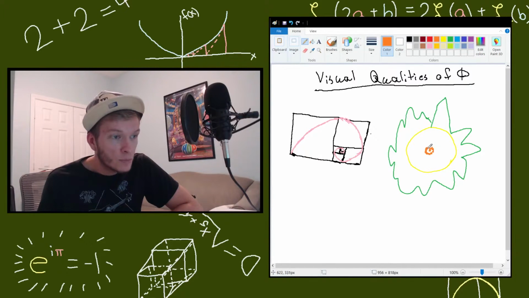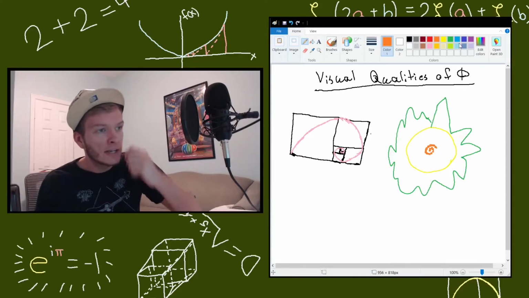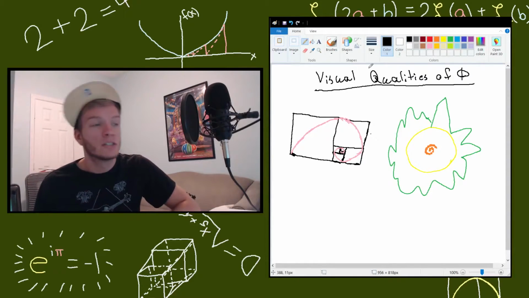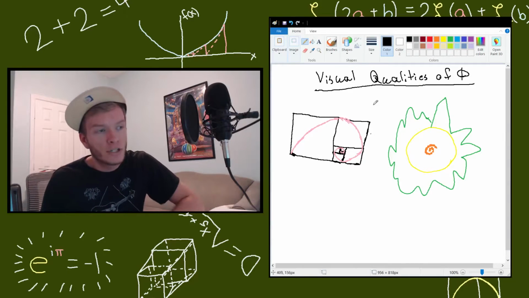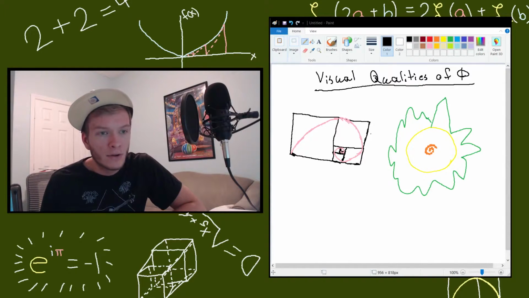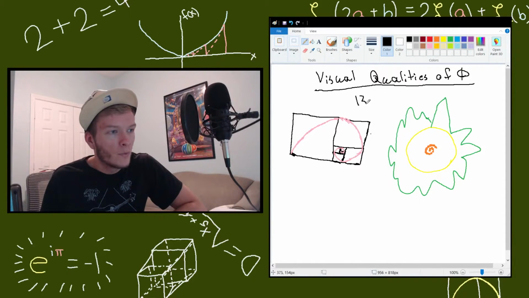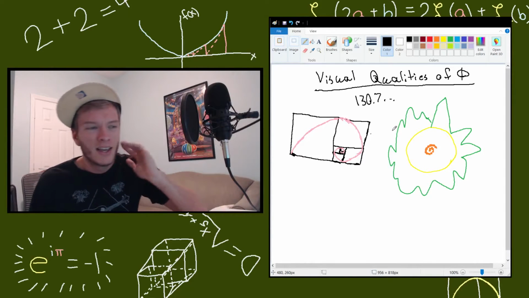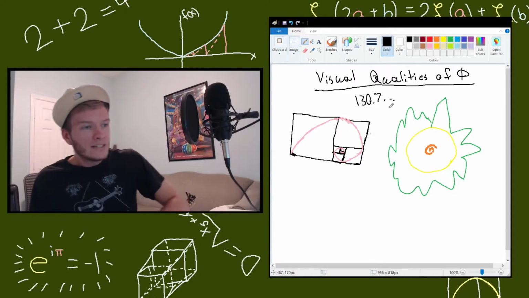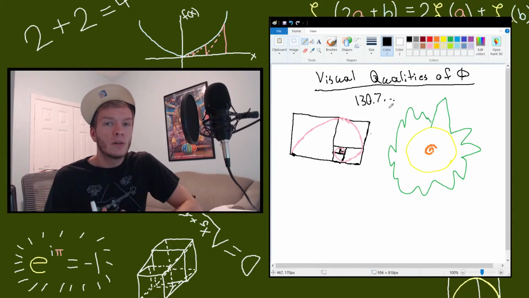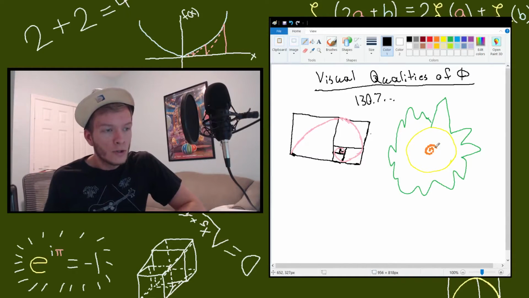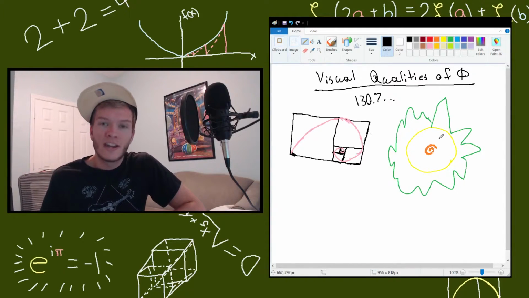And that spiral is associated with the golden ratio. It's actually associated with the golden angle, which is associated with the golden ratio. I believe the golden angle, I don't know if it's on this Wikipedia page, is about 130.7-ish, I think. And so basically this is the optimal angle to rotate the next seed or the next petal